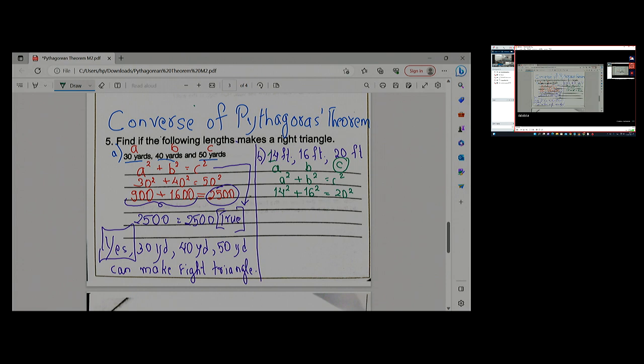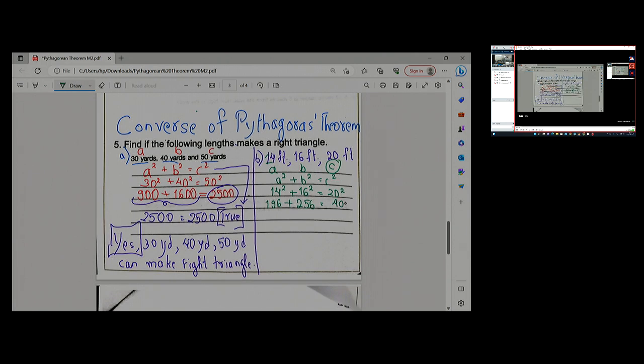What is the square of 14? 196. Square of 16? 256. And the square of 20? 400. So, in the left side, we get 196 plus